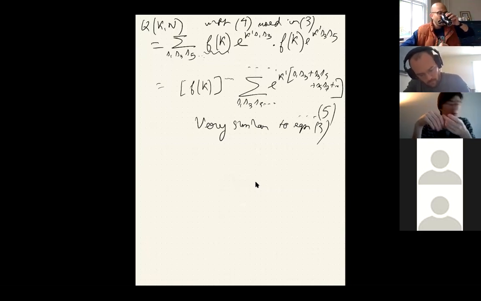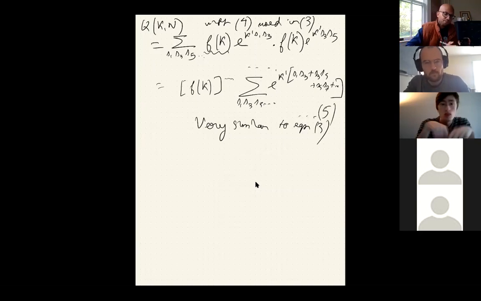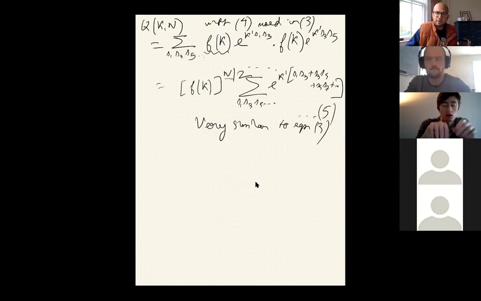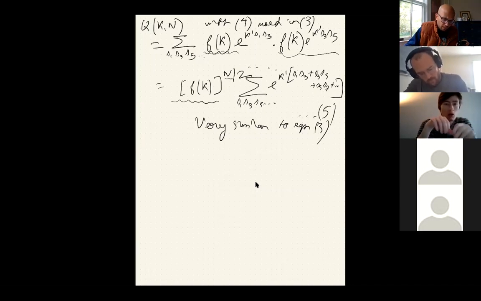Any help? Should it be power n or power n over 2? It will be power n over 2, right? Because if we had n spins, we had n by 2 such pairs. So this term has an extra term that comes up in the beginning, the prefactor. But apart from that, it is the same as the original